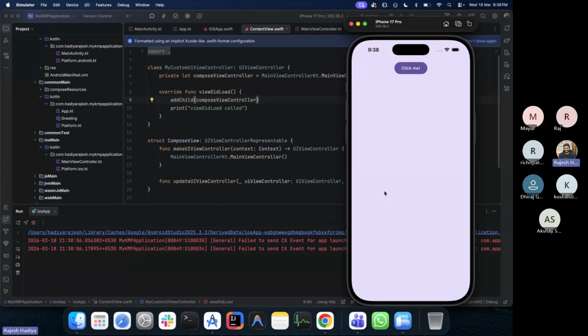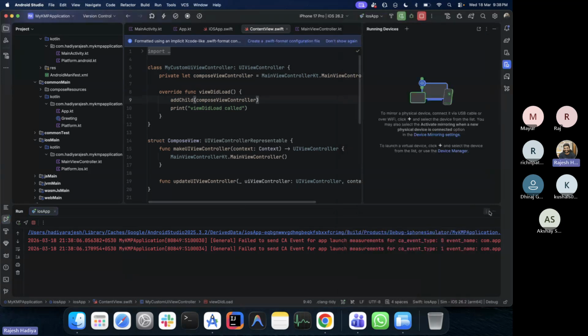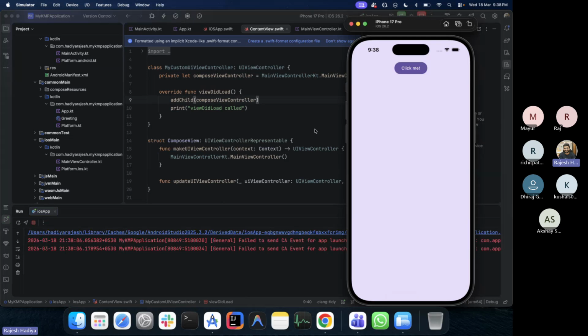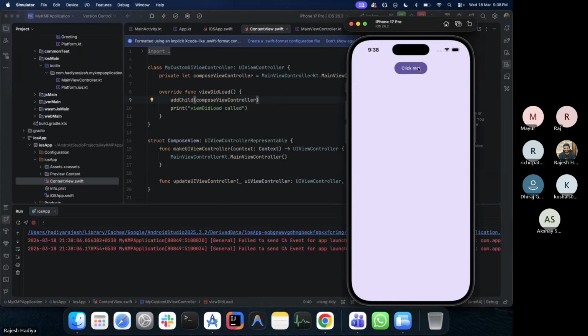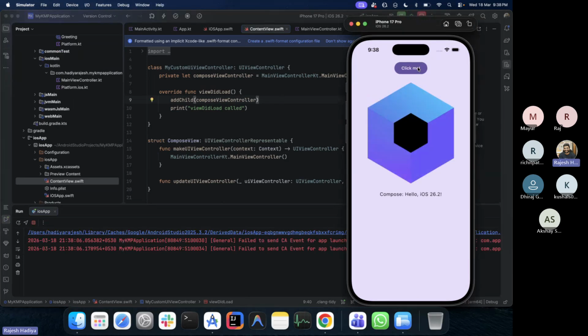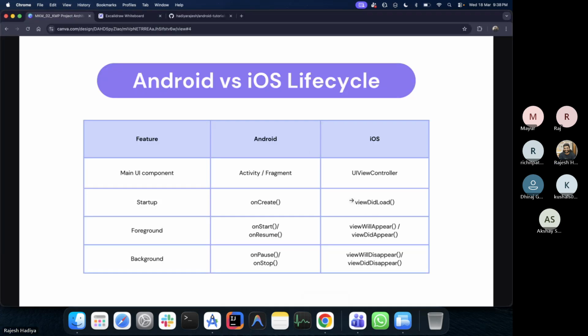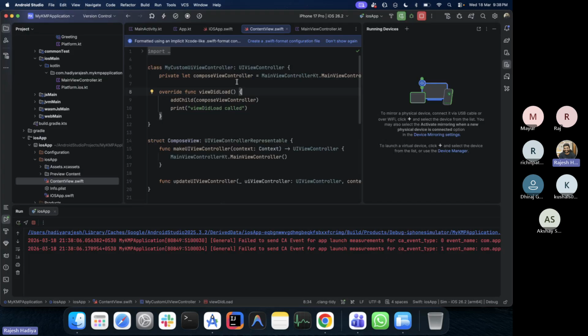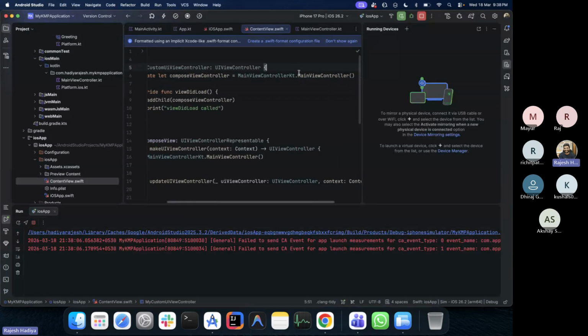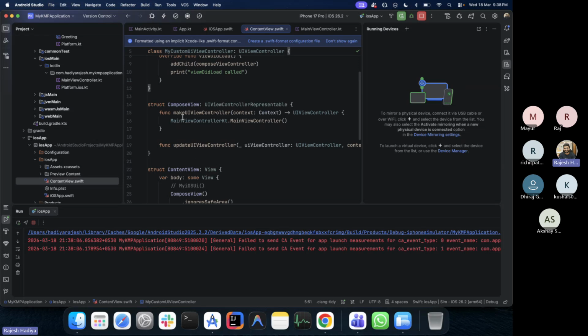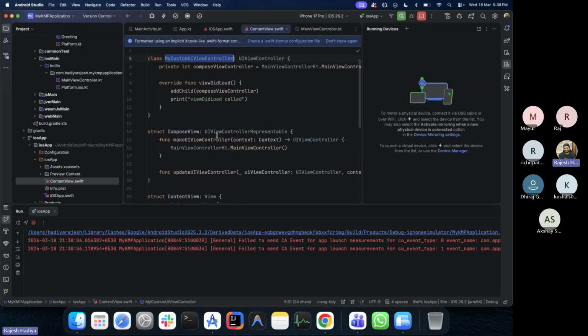ठीक है, तो ये लोड हो गया. ठीक है, चाइल्ड ये तो लोड हो गई, ये प्रिंट view did load function view did load. Why isn't it called? Let me check once. अच्छा हाँ, because see we are not at all